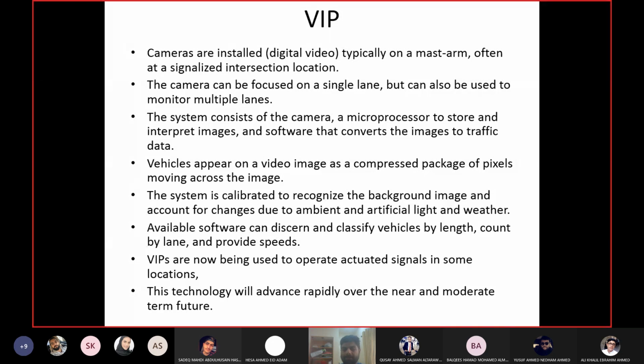Every major parking lot has a camera, every mall has a camera, every government facility has a camera. So there are so many cameras available, and so much data already available. This is why image processing technology is growing very fast, because the data is already available. People are now investing in how we can use this data for traffic data collection and traffic management.